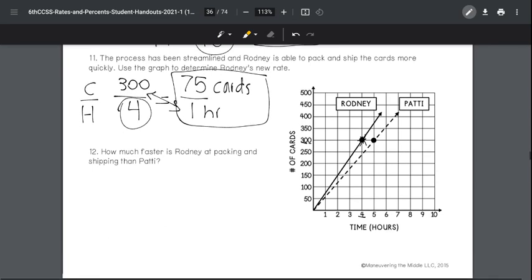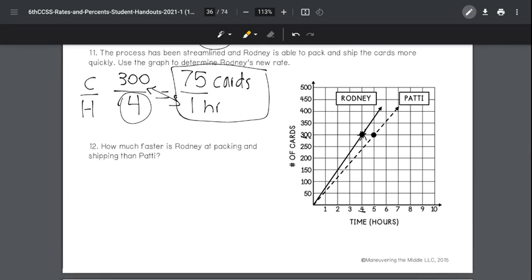Number 12. How much faster is Rodney at packing and shipping than Patty? Well, we already figured out Rodney makes 75 cards per hour. So in order to figure out how much faster he is, we've got to figure out what Patty's doing every hour. So Patty,